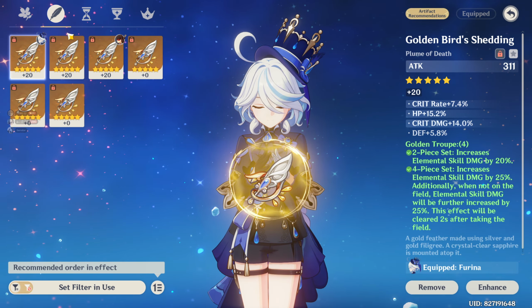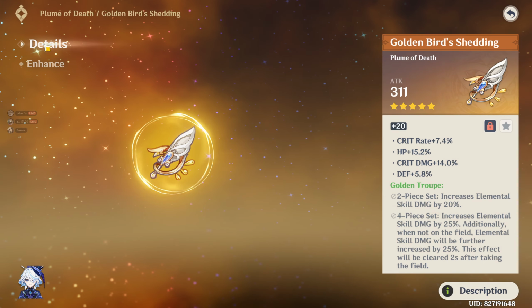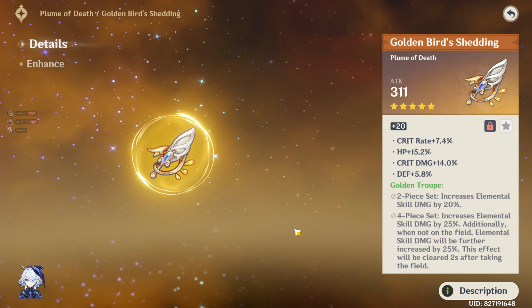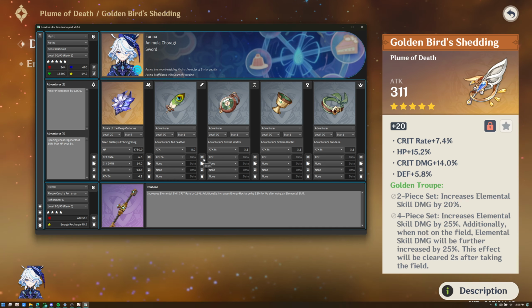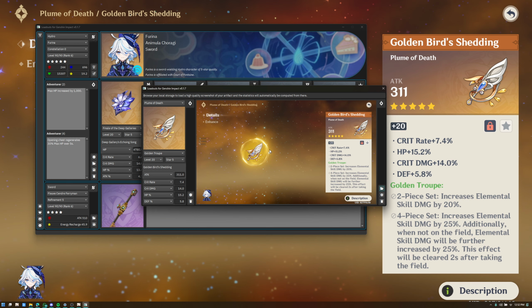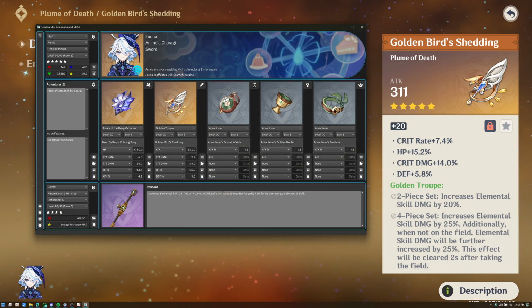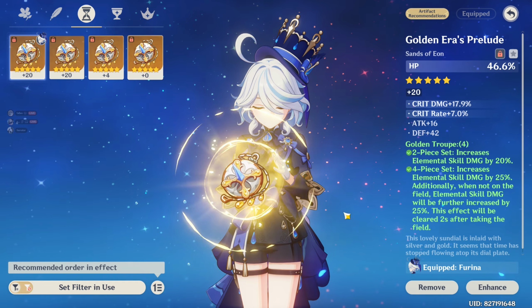That includes the Plume of Death. The same thing goes over here as well. I'm gonna take a screenshot, then click on this I button to scan. Paste the screenshot over here, and this seems to be imported perfectly fine. We're going to click on import, there it goes, and we're going to head back and do the same for